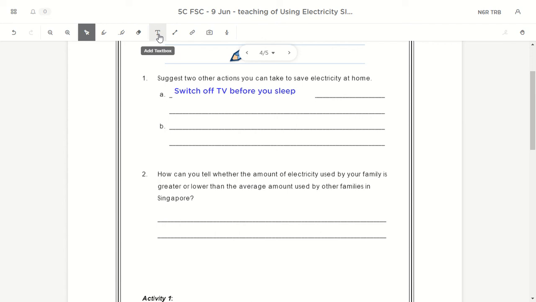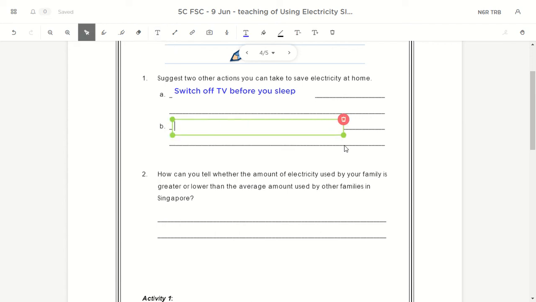Okay, just switch it off. And second thing, our house always has internet, broadband, everything. So sometimes you have a router there, and when you touch your router it is very hot. Okay, means it's using a lot of electricity. So when we go to school, when we go to work, make sure you switch off your Wi-Fi. Switch off the Wi-Fi at home